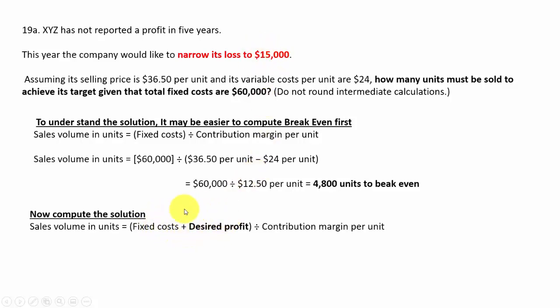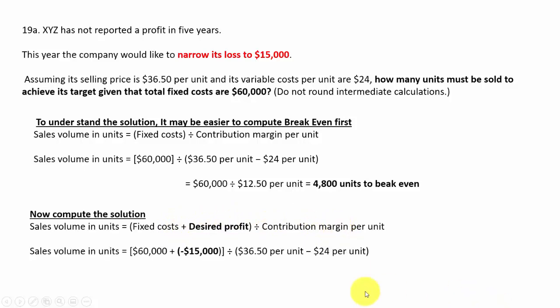We add these two things together and divide by the contribution margin per unit. So we have $60,000 in fixed costs minus 15, so we're only going to recover $45,000. That's how much we're going to recover by selling these units. That $45,000 is going to be divided by the contribution margin per unit,